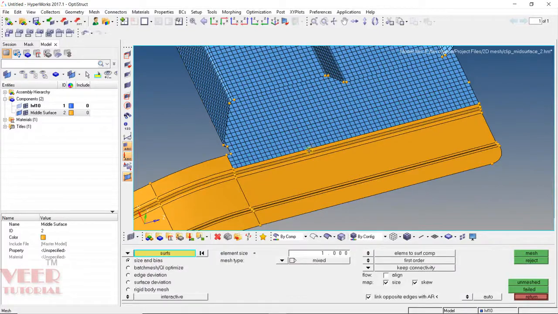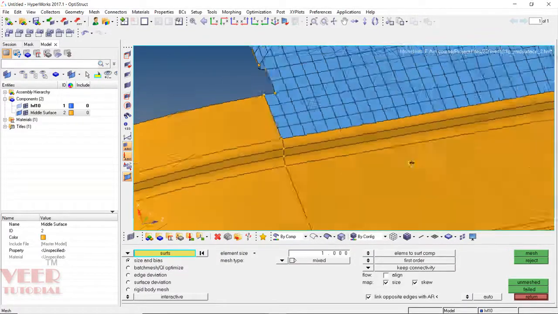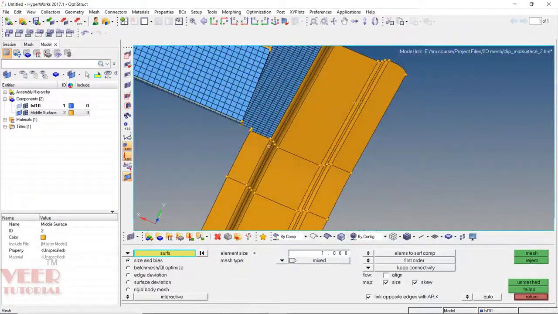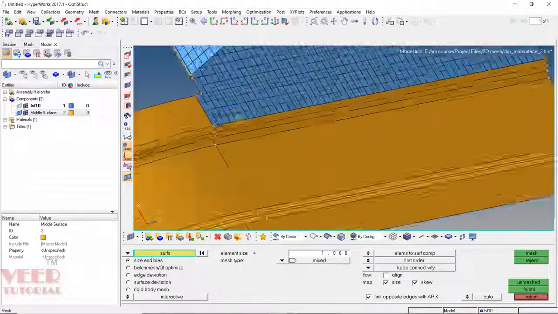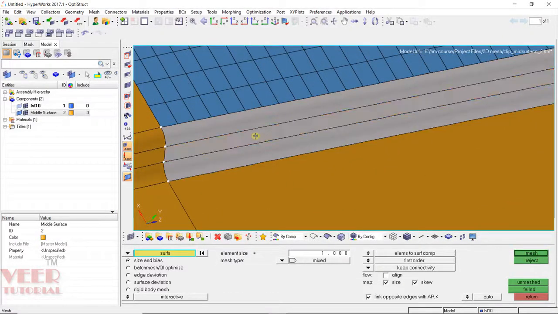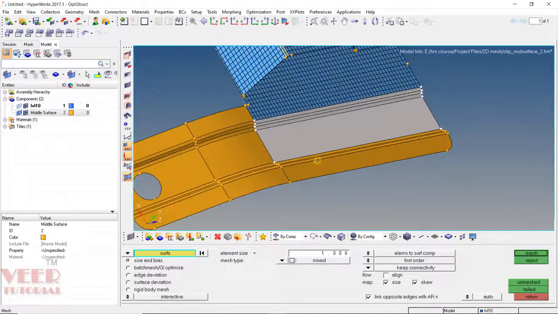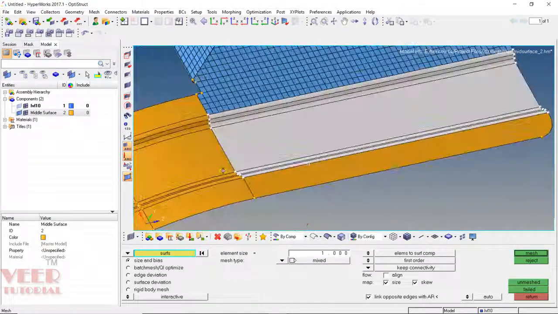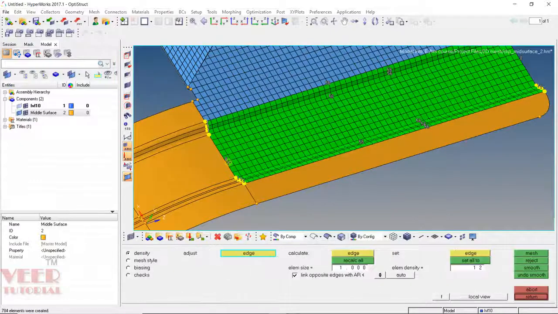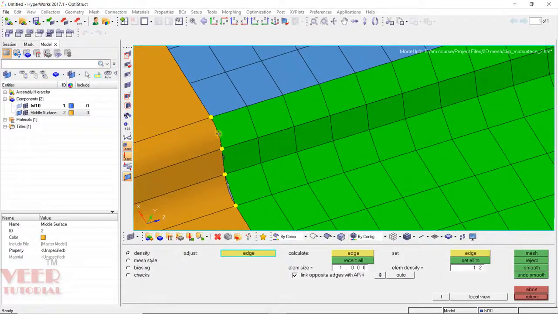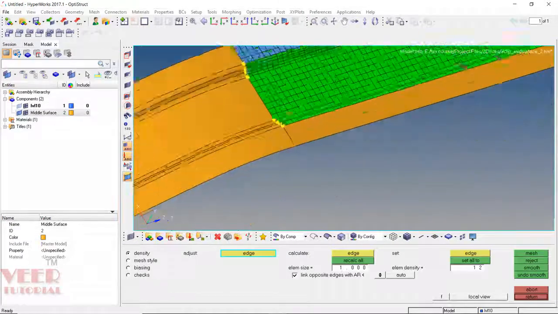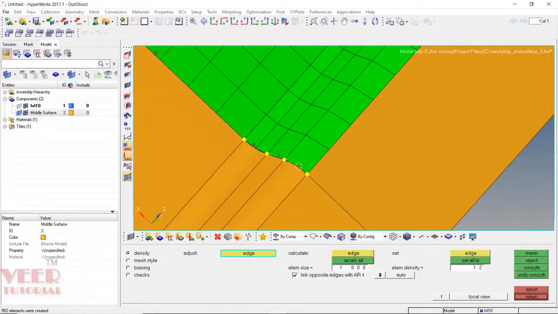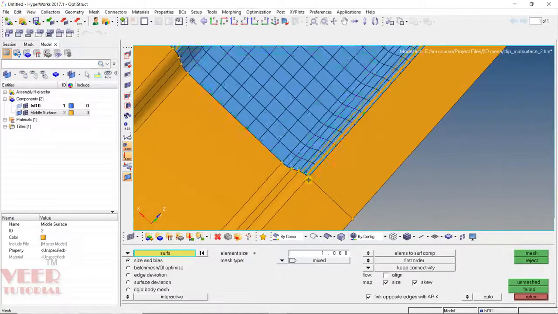Press escape. So zoom in here and we can see, we can select all the surfaces at a single time. So select this surface, this surface, this surface, all these at a single time here, and then do the mesh. So we have to just make sure for the fillet, 2 elements here, and then 2 here, and then 2 here. Press escape.